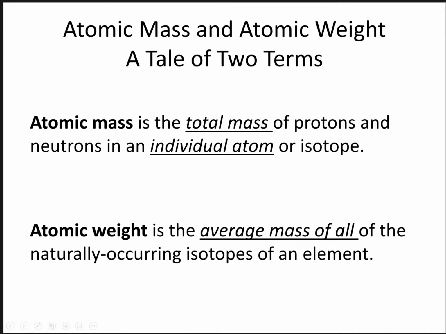When we talk about atomic weight, we're talking about the average mass of all naturally occurring isotopes of that element. What you see on the periodic table at the bottom is the atomic weight, the natural abundance of all naturally occurring isotopes. And it's important to note that it's all naturally occurring stable isotopes. Some isotopes are not stable, meaning they're radioactive, and they won't be around in 10 years, 100 years, a million